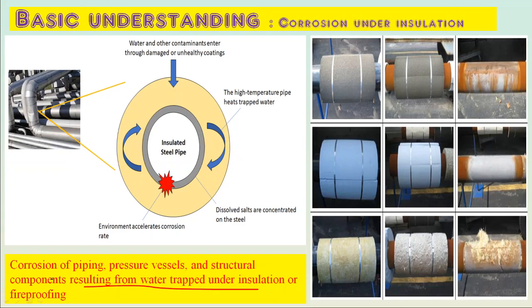So basically, what is an insulation system? First of all, the outer shiny sheet is what we call cladding, which is made of SS foil. So there will be an outer layer of cladding, then the insulation material, and the insulation thickness depends upon what amount of heat energy we want to conserve, otherwise it will get dissipated in the environment.